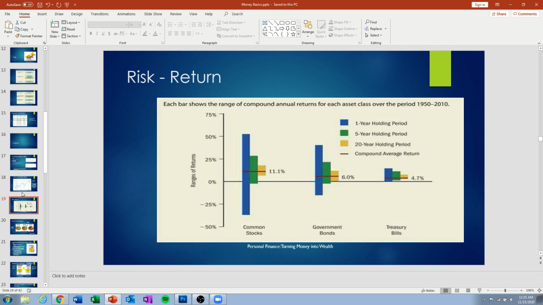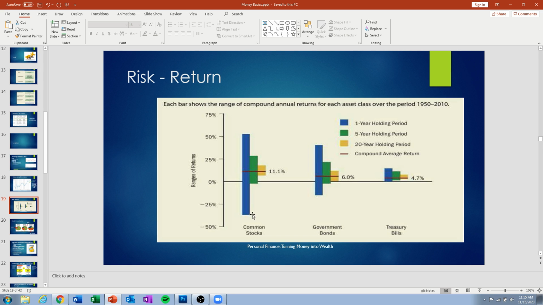Again, closing up on some of the stock market stuff. So there's risk and return. Common stocks, 1 year holding period. This graph compares stocks, bonds, and treasury bills, and it shows the amount of return possibility, but it also shows the range, and it's not all positive. Stocks definitely are the most risky, where over a 1 year holding period you might return over 50%,